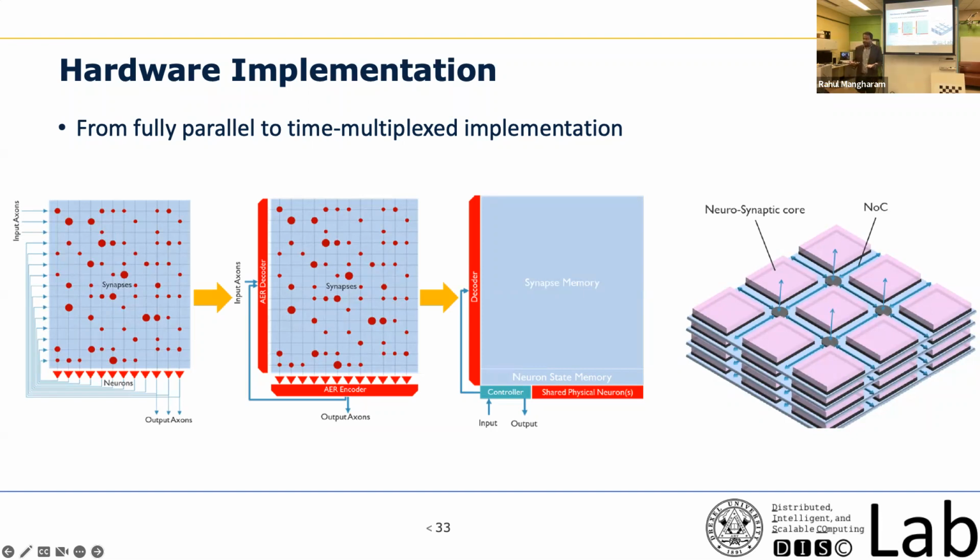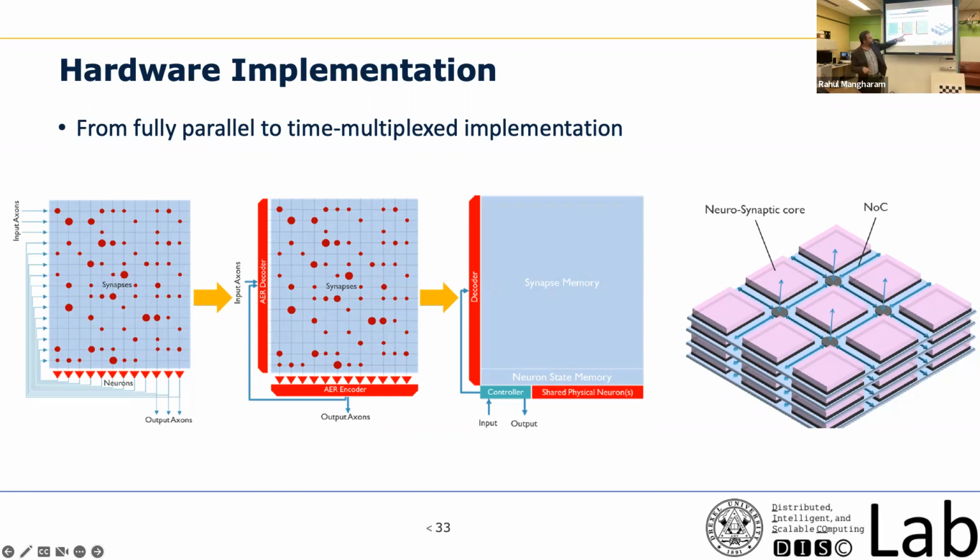You have to somehow convert that into a digital format so that it can be transmitted across the network on chip to another one. So they came up with this formatting called AER, which stands for address event representation. For every event, it represents it as a packet with a header only. There is no payload, only the header.